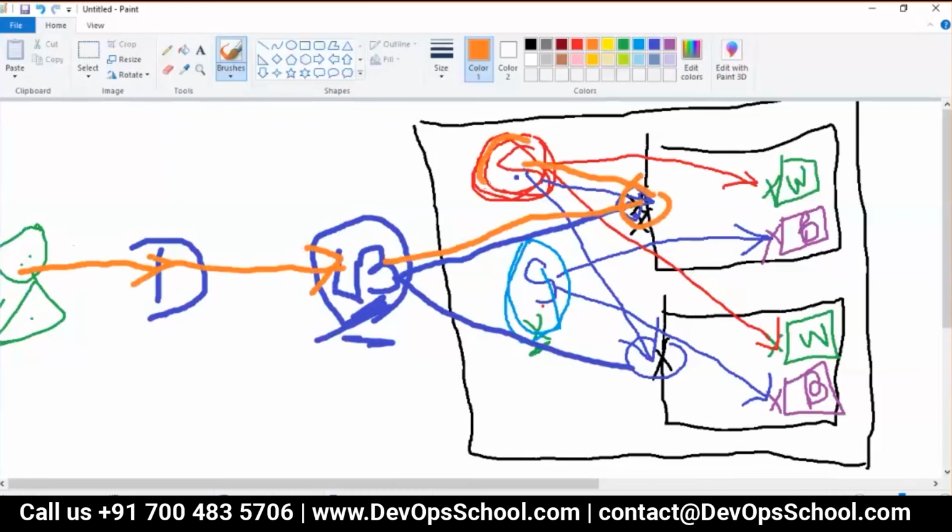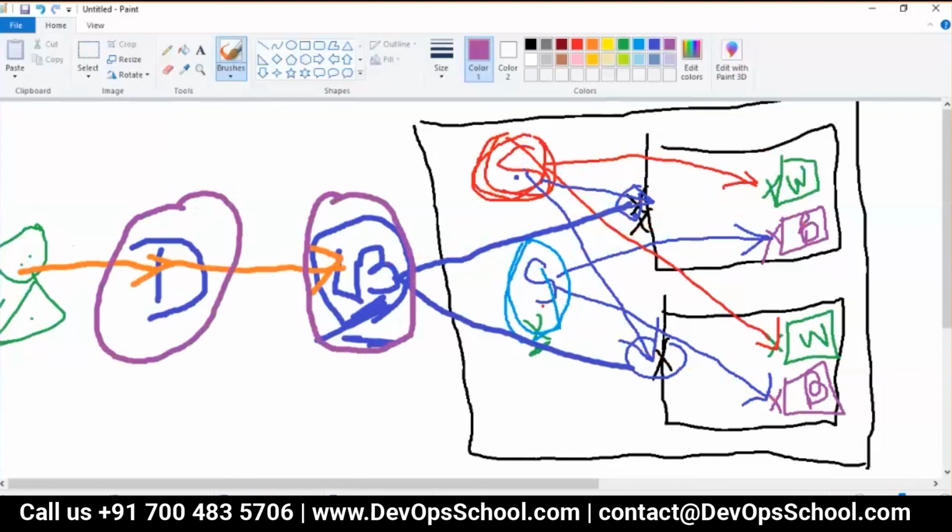We hit the DNS server, which gives me the IP address. From the IP address, it goes to the node port. From the node port, you do the port forwarding to the service. The service goes to the frontend and backend. Are you understanding this flow? This is how the traffic is transferred.